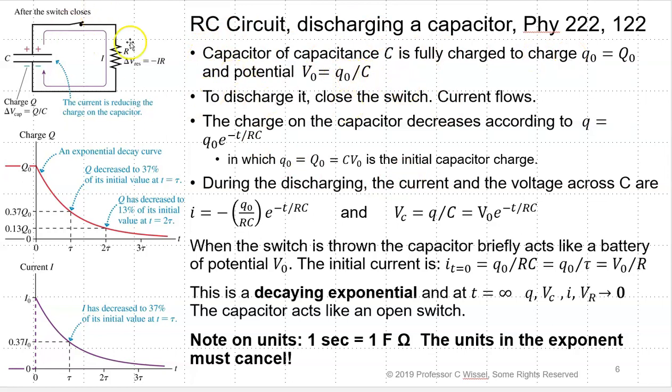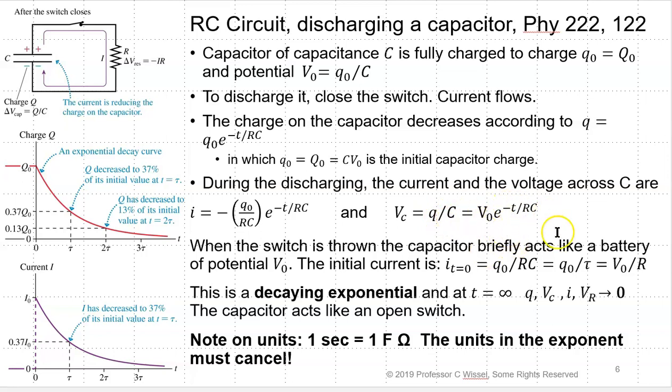To discharge it, you close the switch, and the current starts to flow. The charge on the capacitor decreases according to Q equals Q naught times the exponent of minus t over RC, in which Q naught is C V naught, and that's the initial capacitor charge. During discharging, the current and the voltage across the capacitance are I equals minus Q naught over RC times the exponent of minus t over RC, and V C equals Q over C, which equals V naught times the exponent of